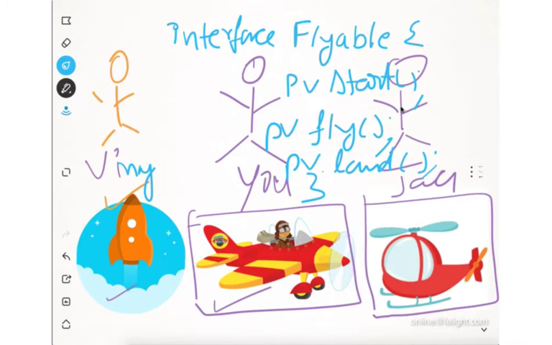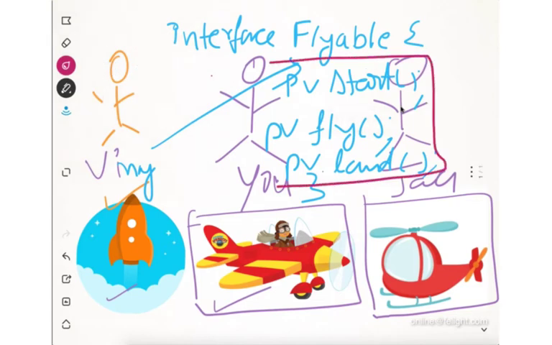So what happens now? Vinay, who is creating a class called jet, should implement the Flyable interface. Now my program itself will not compile unless I give definitions for all the three methods present in the Flyable interface. I'll tell you why it is mandatory that a class should implement the methods present in the interface. Same way, you, James Bond, your class aeroplane implements Flyable.